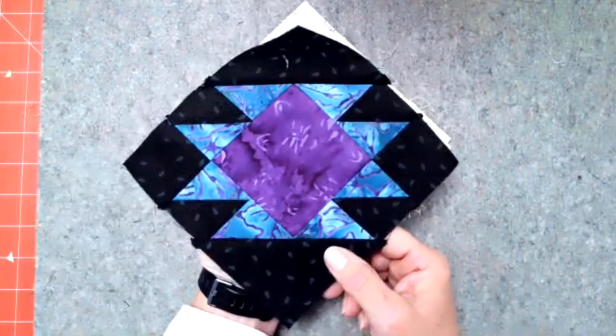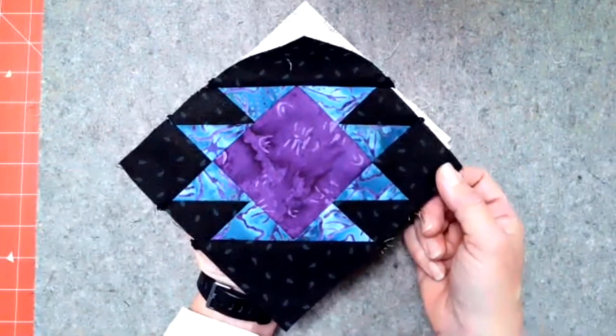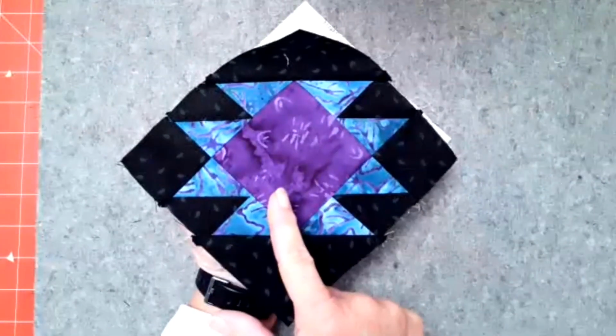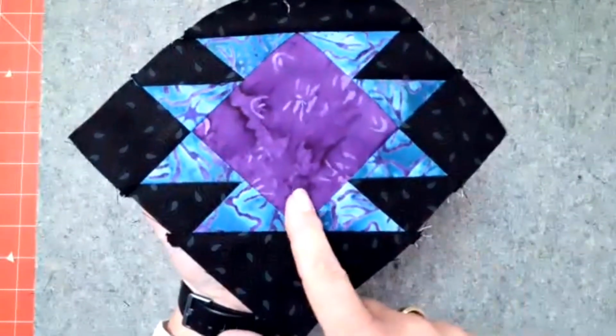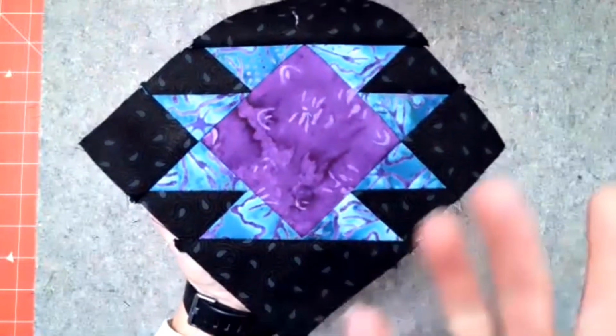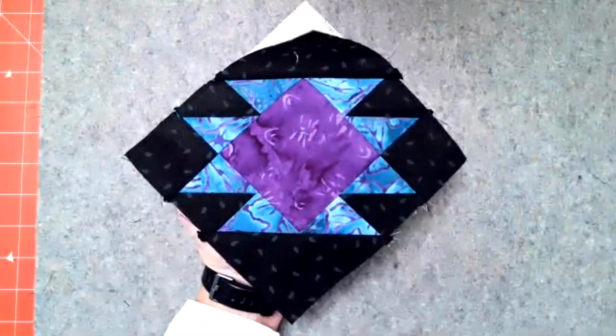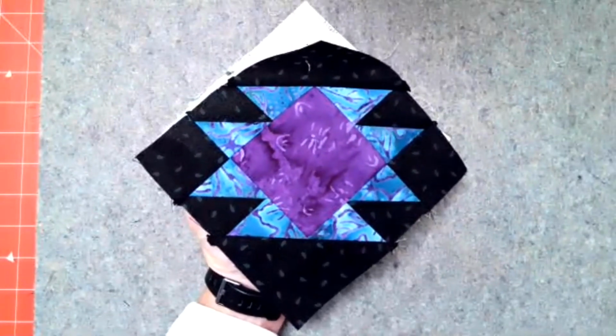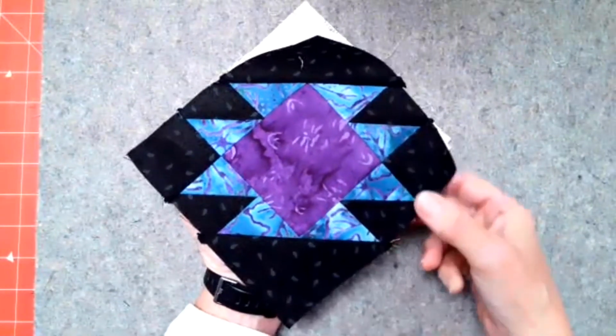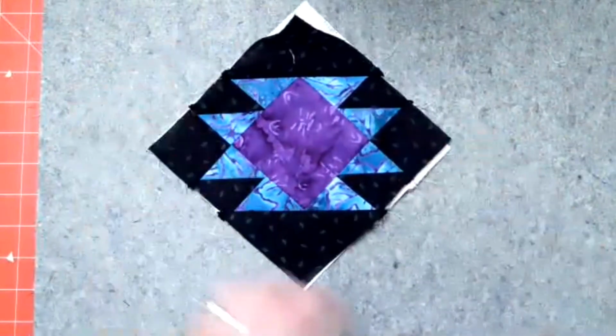For my bright batiks with a black background, I chose a fabric for the center. I don't know if you can see that it has faces on it. It actually happens to be cat faces, but it has faces. And I thought that was a good representation of all the people whose lives have been impacted much more directly by this than mine has.